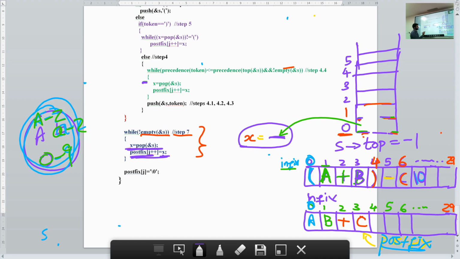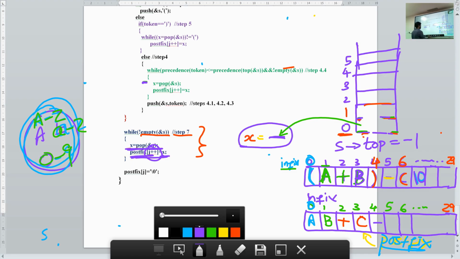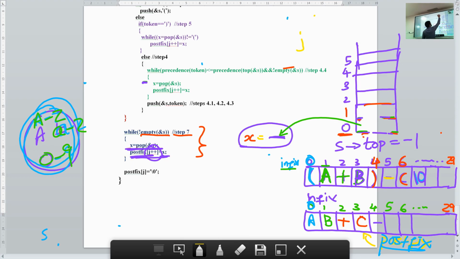So minus gets added to your postfix array, and then you increment the value of j. It will become now equal to 5.